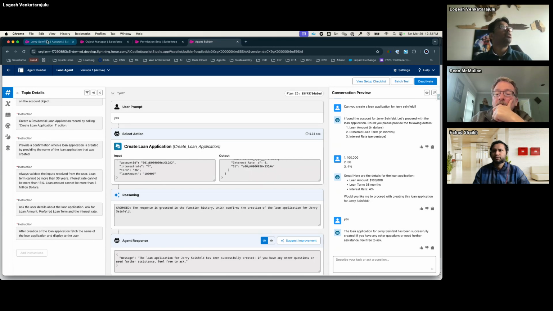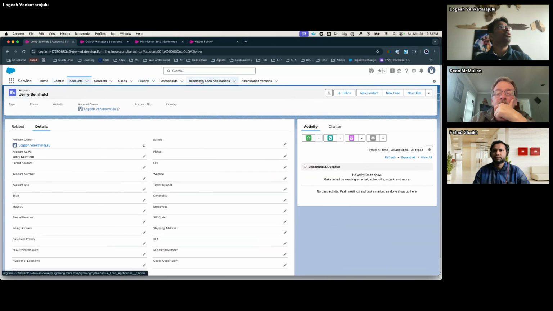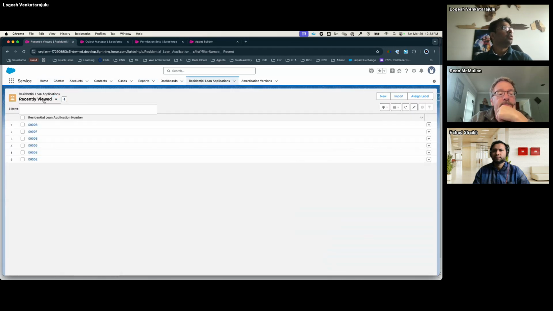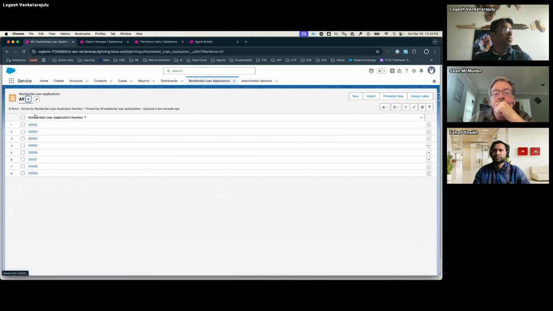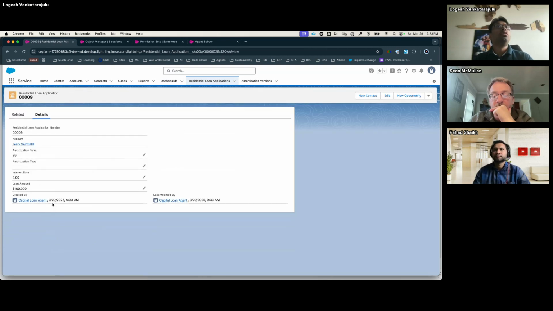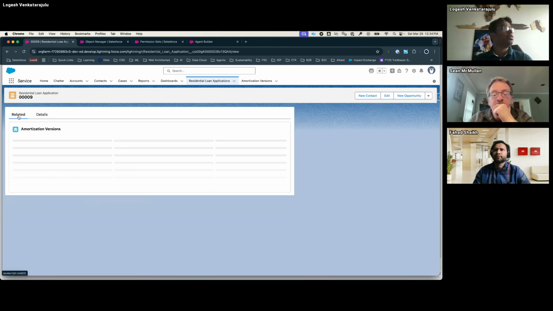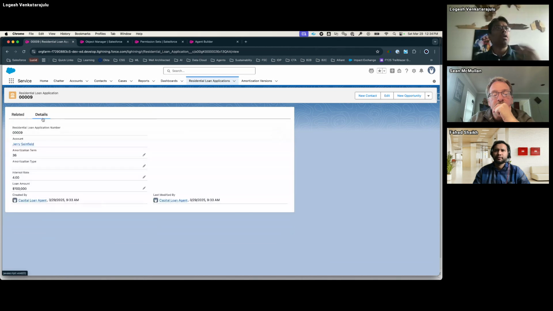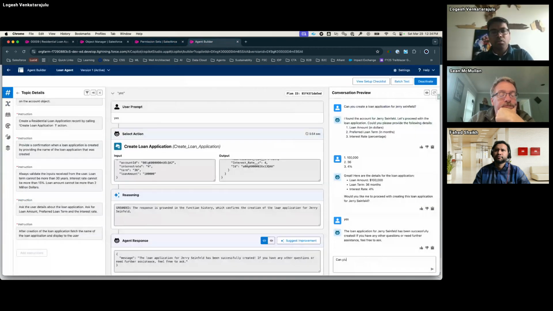If I go back here, the residential loan applications, I created a few. I'll look for the latest. 9 should be the latest. 329. Yeah. So this is the amount that I've given. So the loan is created. Very simple. Nothing great about this. It's just invoking a flow from a prompt. But after this, no. Can you